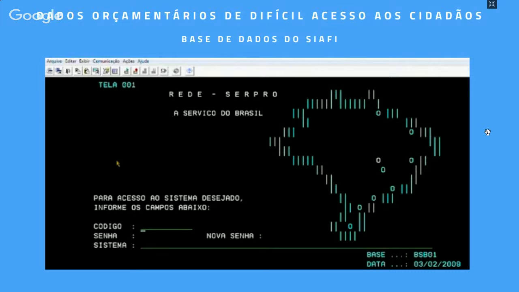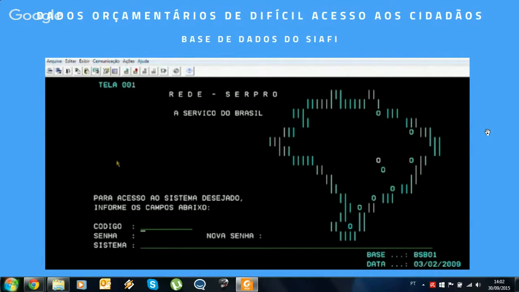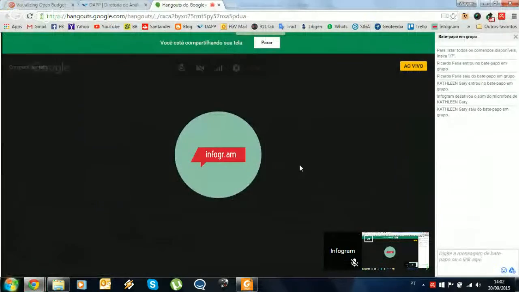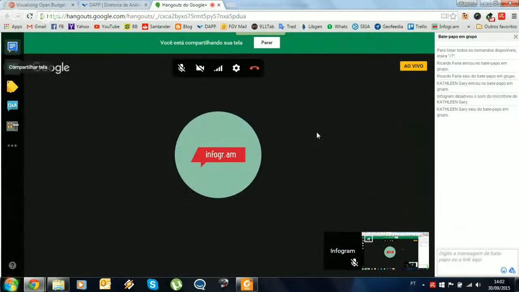You can see that it's really old-fashioned, to say the minimum. But that was the way that people used to get public budget data, and it was really hard to use this tool because you have to learn a little bit of programming, and it was really hard for common people to use this kind of tool.